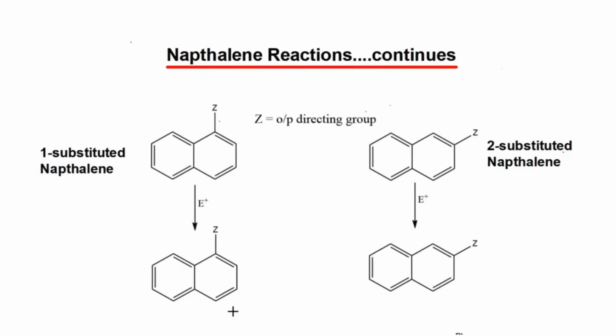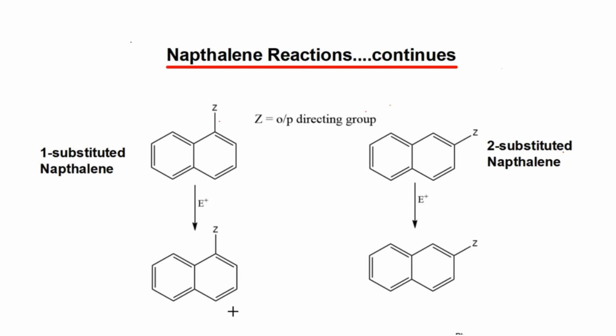Hello viewers, welcome back. In the last video lecture, we discussed the aromatic electrophilic substitution reactions of unsubstituted naphthalene, where we learned that the 1-substituted naphthalene will be the major product due to stability reasons. We also discussed that temperature and the solvent influence or decide the position. In this class, we are going to talk about the